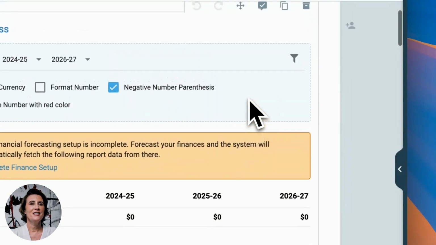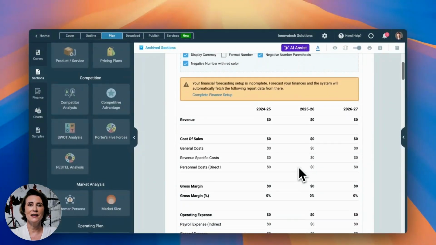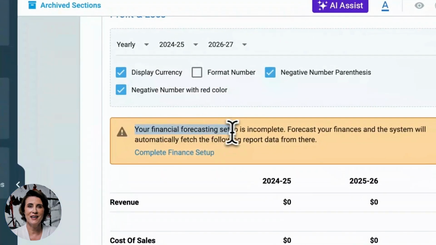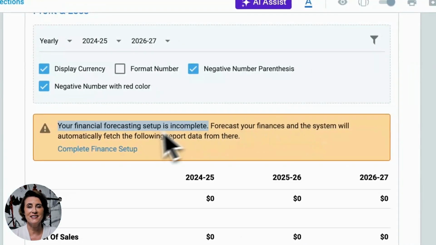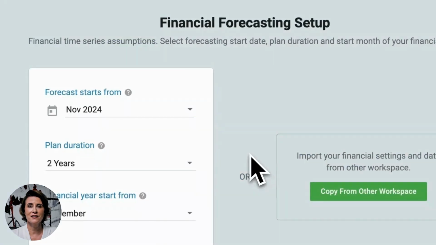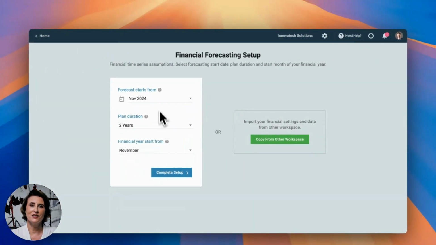Here, we see all the data is 0. That is because your financial forecasting setup is incomplete yet. We need to set up the financial forecasting. Let's follow this link. Here we have to provide these 3 parameters: forecast start date, plan duration, and financial year